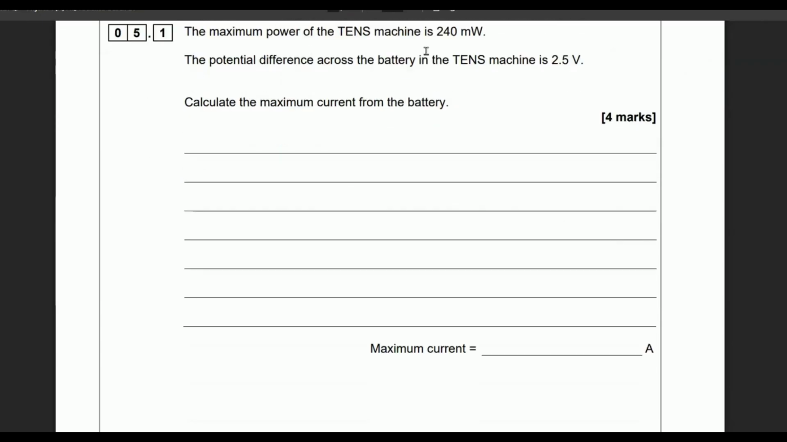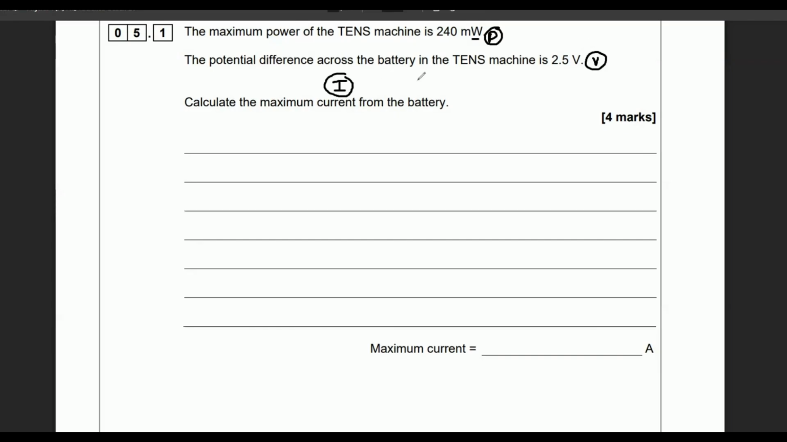The maximum power of the TENS machine. They've told us we have power, and you should be able to spot that watts is a unit of power. And then you're given volts, that's potential difference, V on your equation sheet. They want you to find the maximum current, which is I on your equation sheet. So really, you just need to go to your equation sheet and find the equation that links